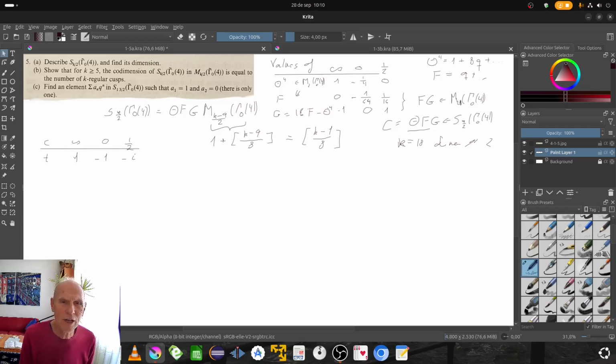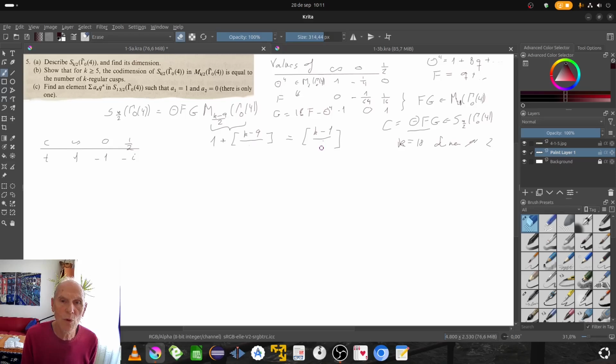Now, then I discovered I made a mistake here, applying the formula for the dimensions. This should just be 4. And that means we get 2 minus 2, so it becomes minus 1. And that means that the codimension is 1 plus k. Now, was that k? I'll just have to, 1 plus k fourth, the integral part of k over 4,